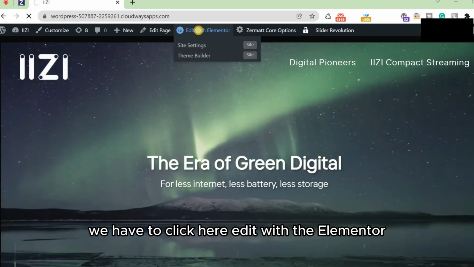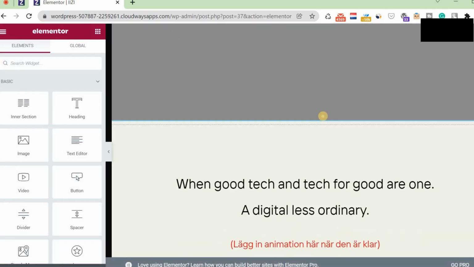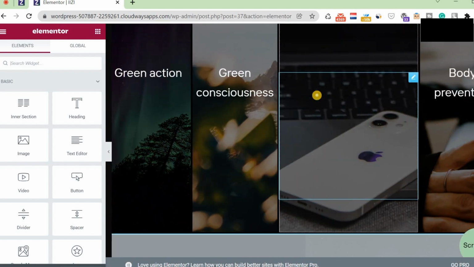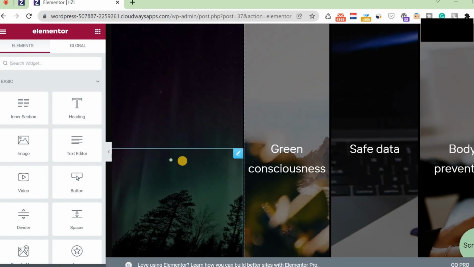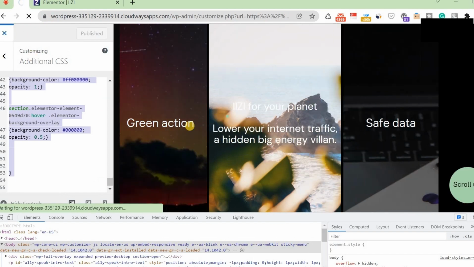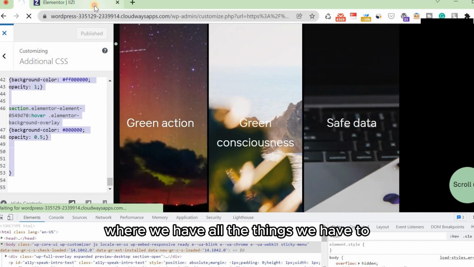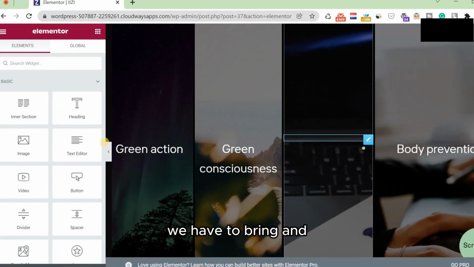So you have to click here on edit with Elementor. Likewise with the main website where we have all the things, we have to bring an